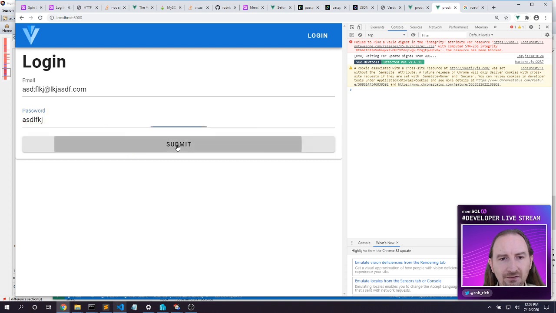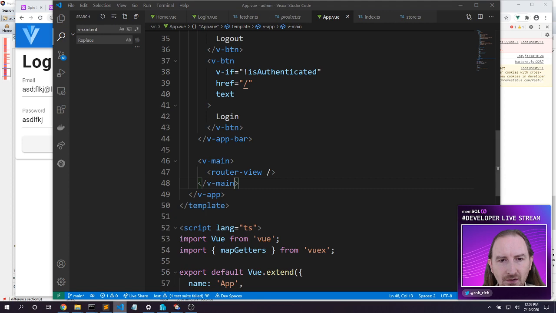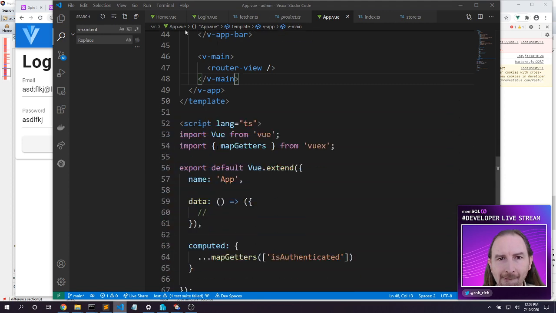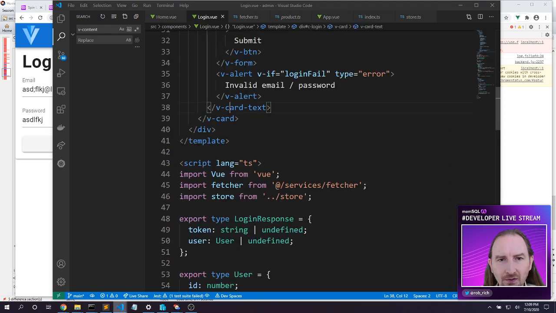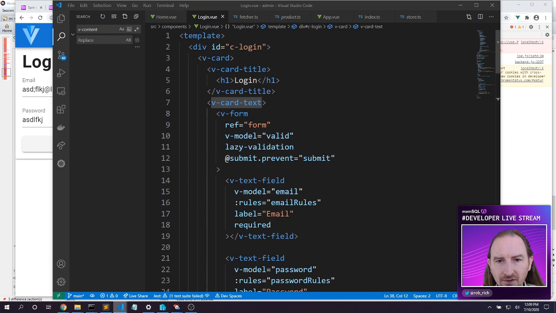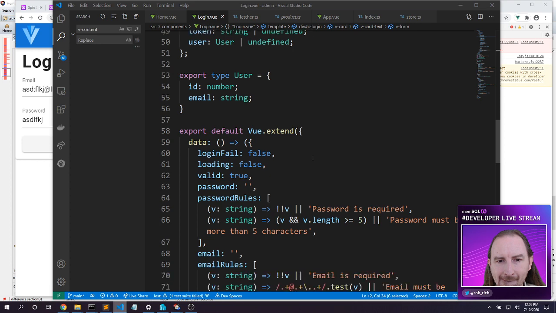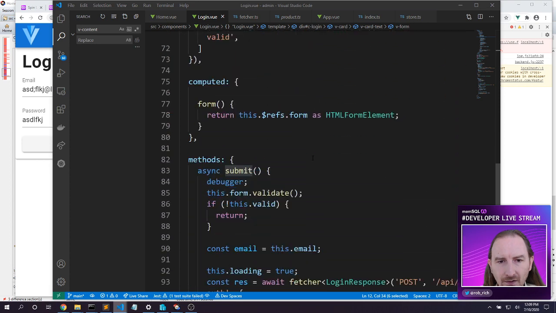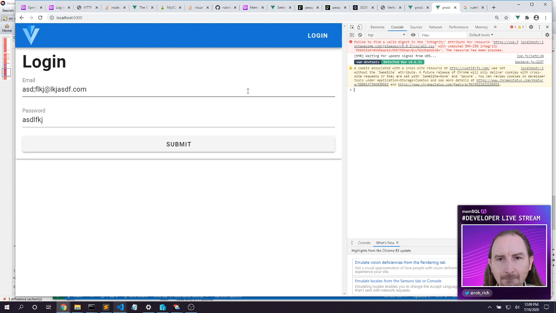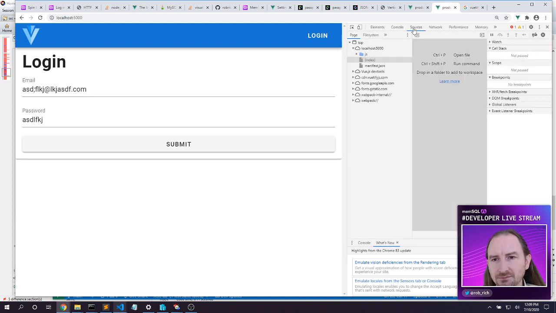Oh, we didn't make this type password yet. We're not getting a click on our event. That is weird. So submit.prevent equals submit. Here is our submit method. That will be interesting. Well, we got quite far today. We haven't really finished